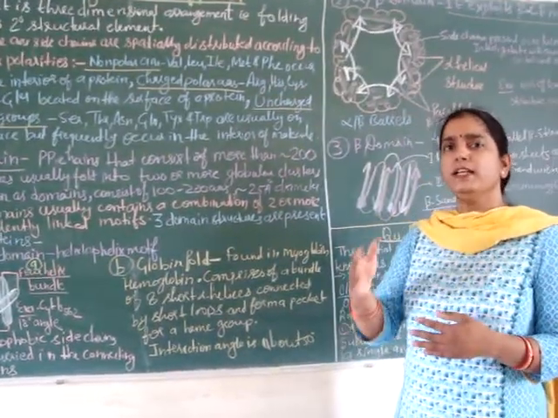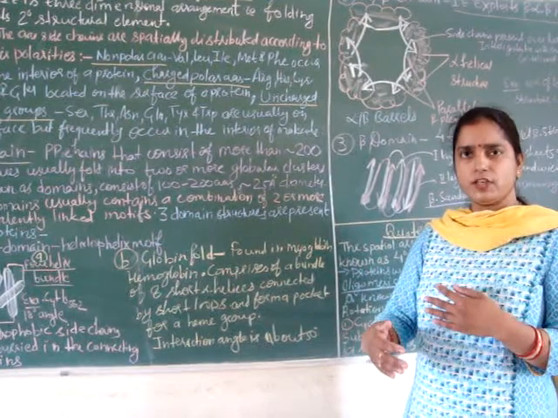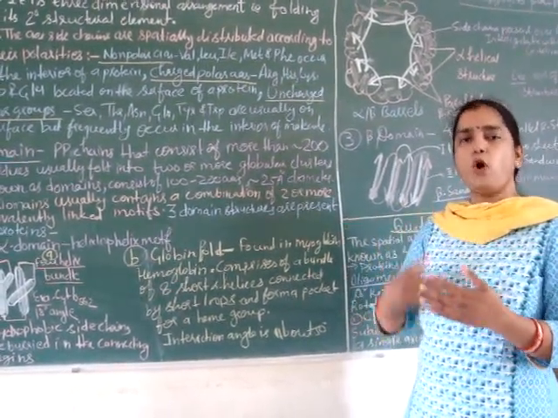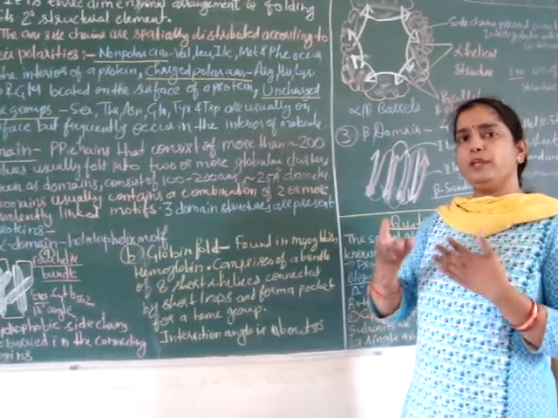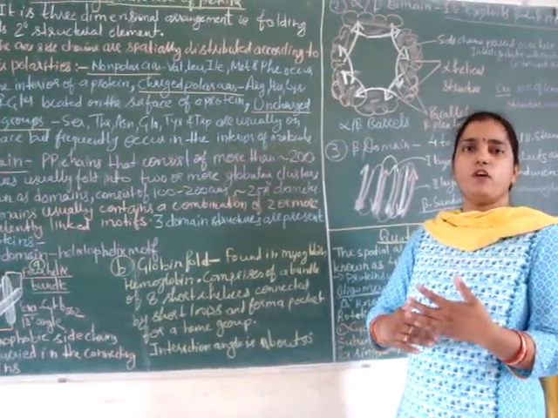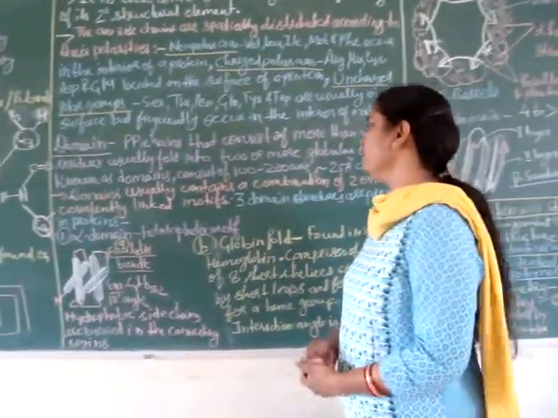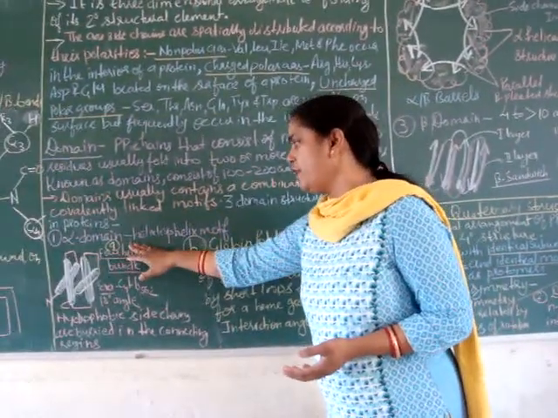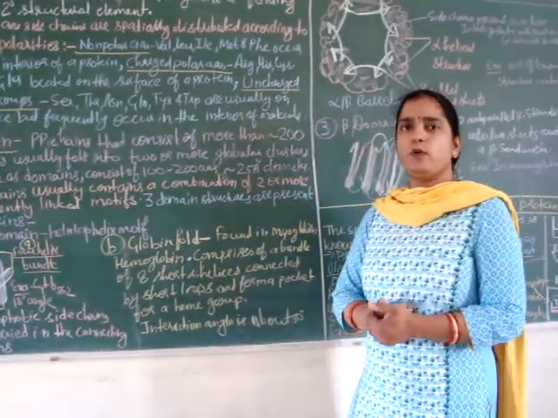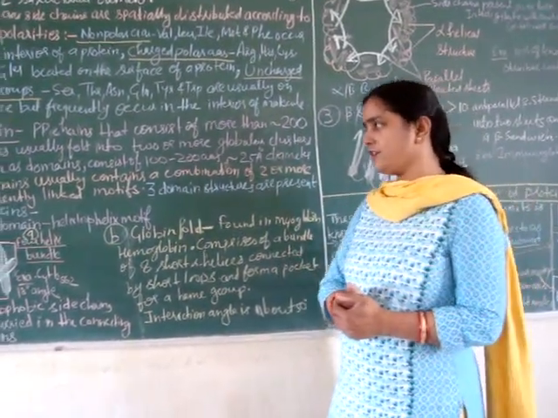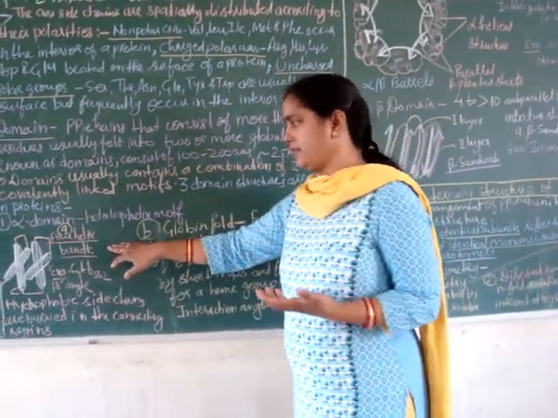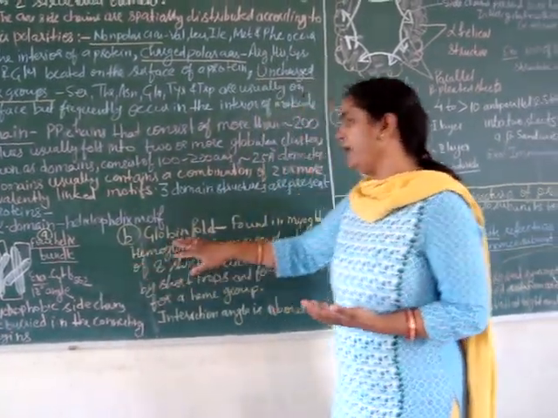That means motifs are the combination of secondary structures, then the combination of motifs forms a domain, and then domains form the tertiary structure of proteins. Okay. So here are 3 domain structures present in proteins. Alpha domain, which exploits alpha motif structure. Mainly 2 types of alpha domain structure are common: 4 helix bundle and globin fold.